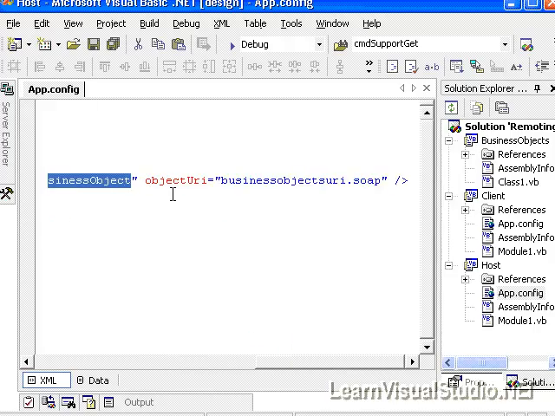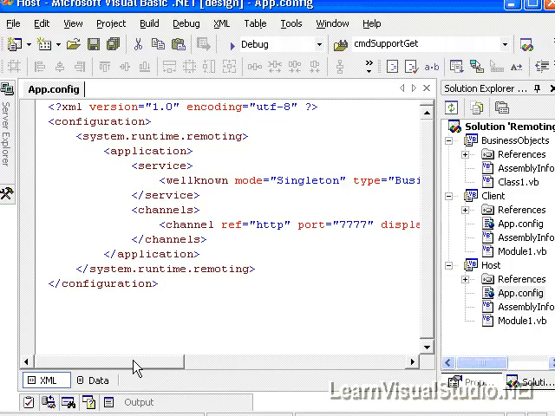And then finally, the object URI, which is just the endpoint where the actual file name that we never see is actually sent over via HTTP. So that's not really anything that we need to concern ourselves greatly with, but it is something that is used internally. And if we needed to give this information to somebody else who was going to hit our remote component using a non-.NET